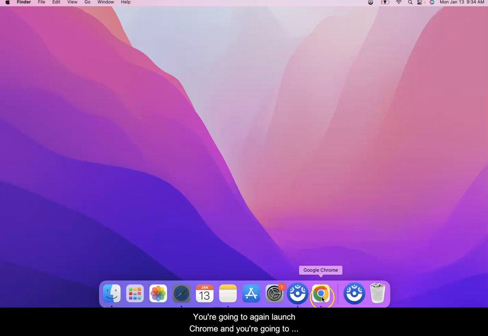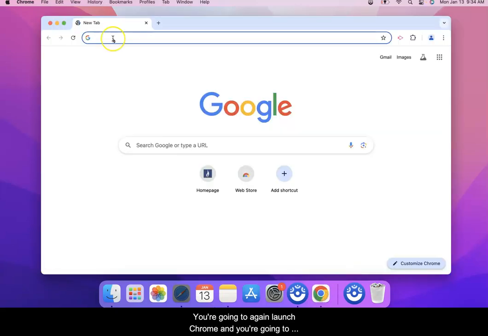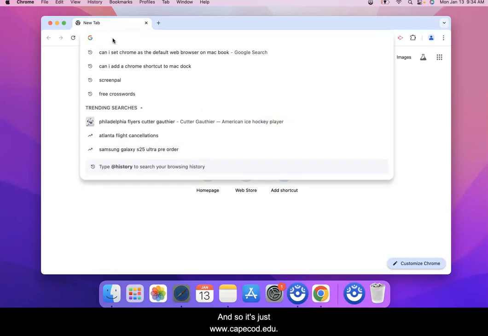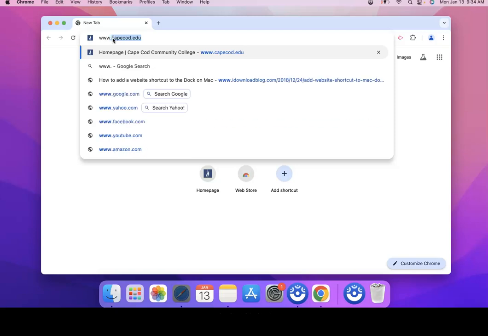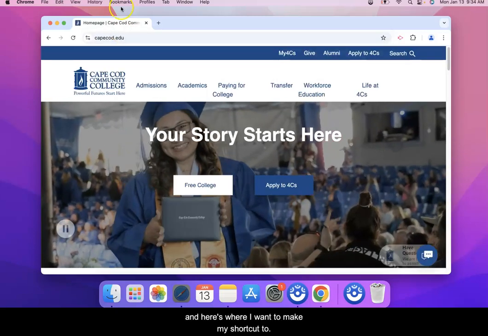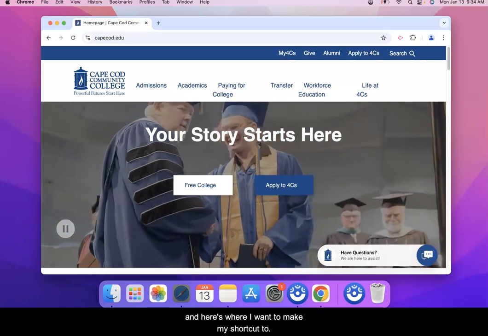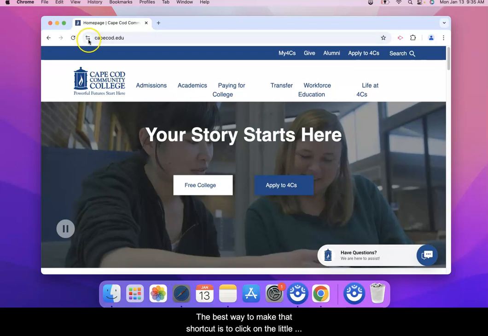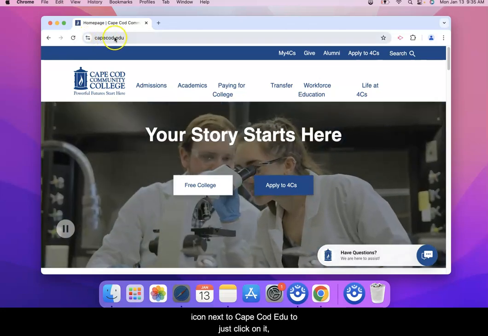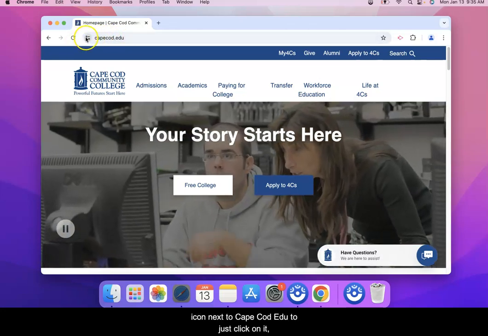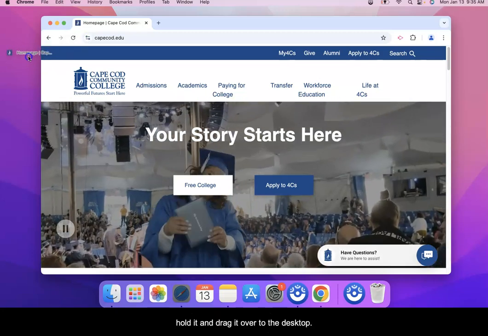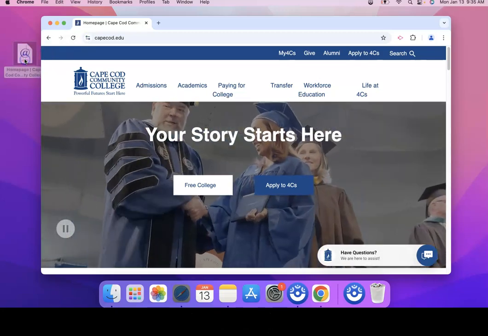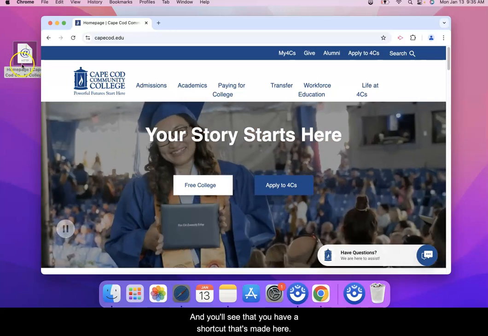You're going to, again, launch Chrome, and browse to the website. It's just www.capecod.edu. And here's where I want to make my shortcut to. The best way to make that shortcut is to click on the little icon next to capecod.edu, hold it, and drag it over to the desktop. And you'll see that you have a